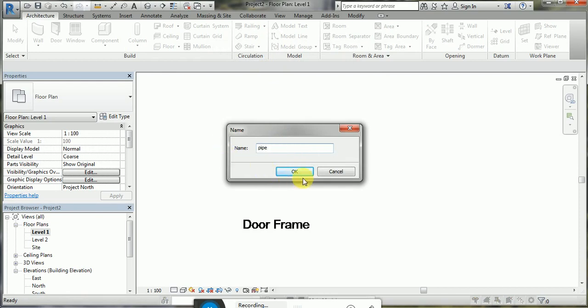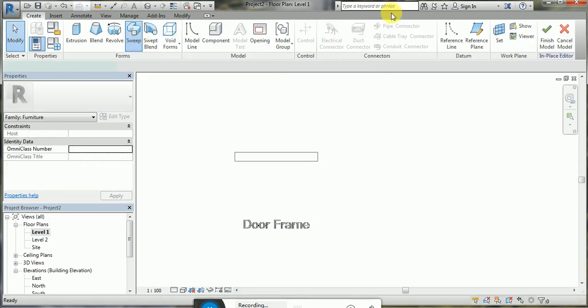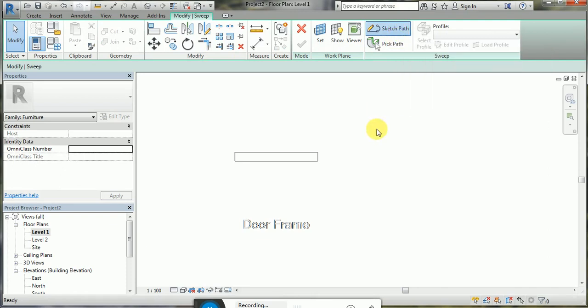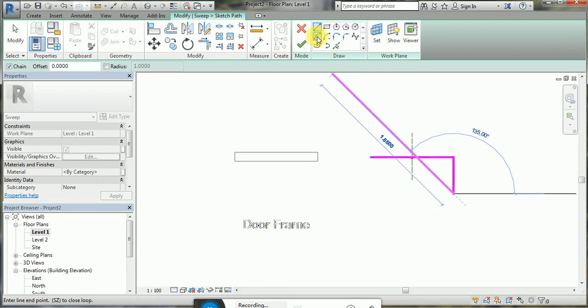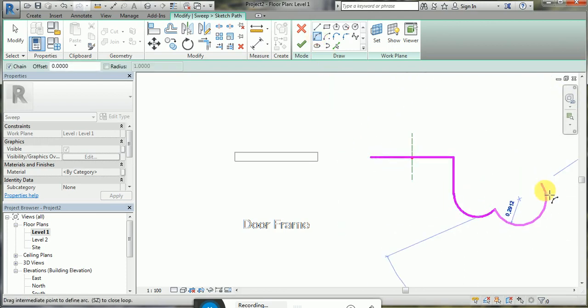I want to create some pipe. Okay, now using the sweep command I can see that first of all we will have to create a sketch path. So in path, using these draw commands I can create. Now you can see that this profile is created. Like now I want to have some pipe,